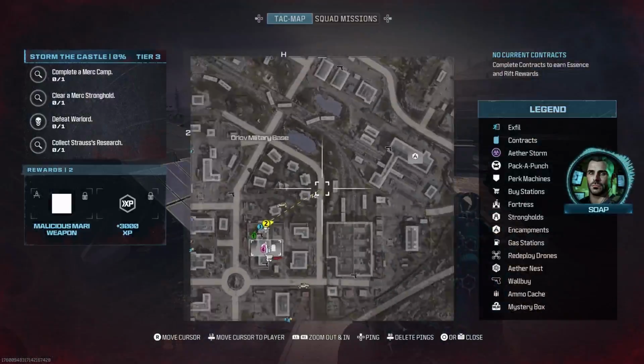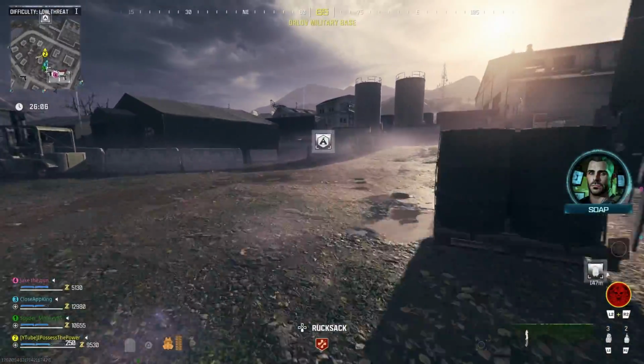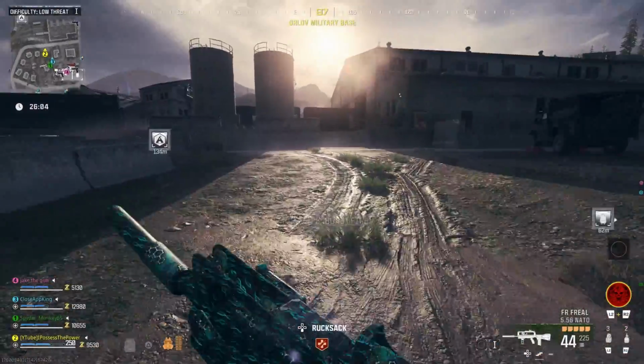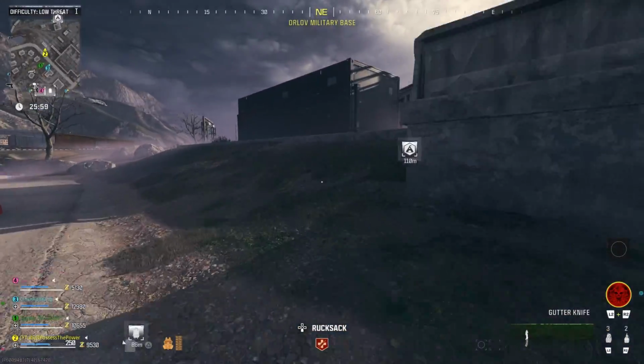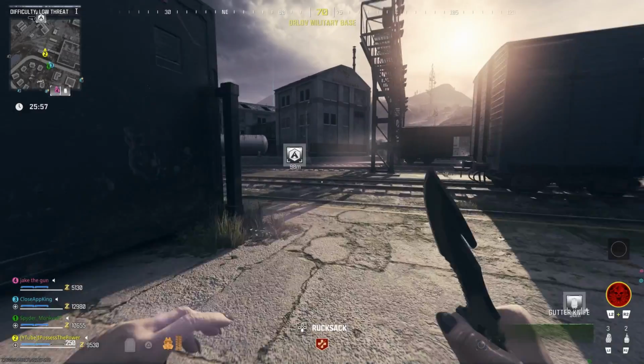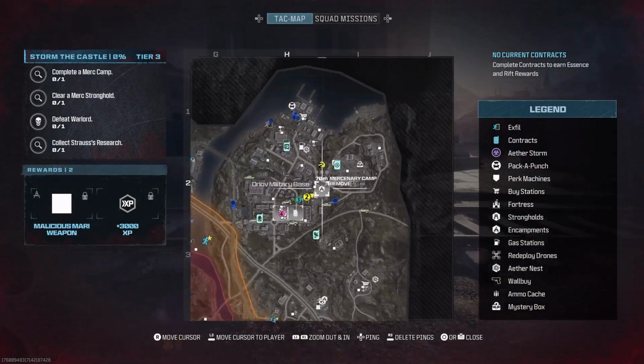For you guys today I have another Modern Warfare 3 Zombies guide for the Act 3 Tier 3 mission, Storm the Castle. In this one we need to complete a Merc Camp, clear a Merc Stronghold, defeat Warlord, and collect STRAUSS'S research. Now the first part of this is going to be heading on over to this icon here